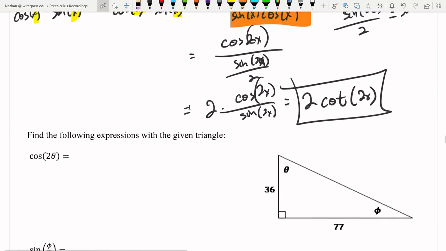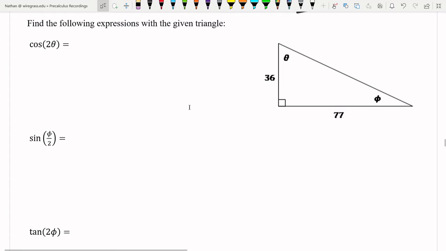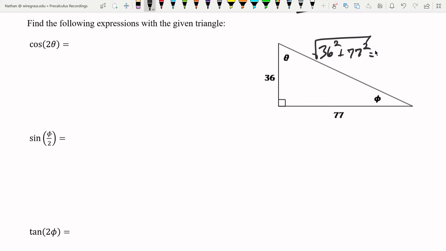All right, it says find the following expressions with the given triangle. Now, we can't really find anything else about this triangle unless we know the entirety of it. So I'm going to use right triangle trig. That's going to give me 36 squared plus 77 squared. Plug in a calculator, 36 squared plus 77 squared, then taking the square root of that. It's going to give me